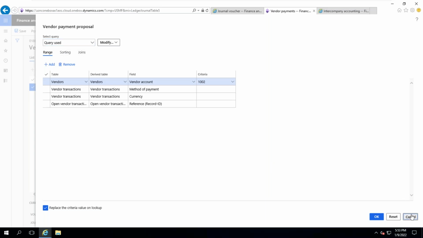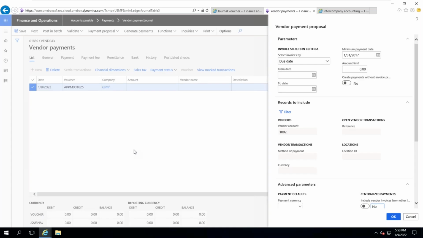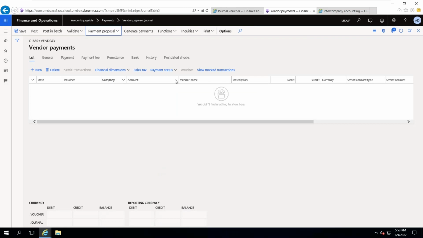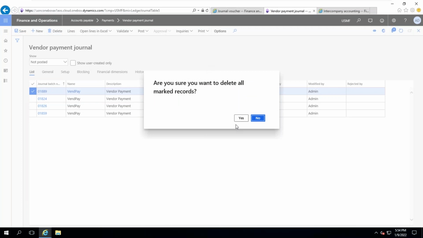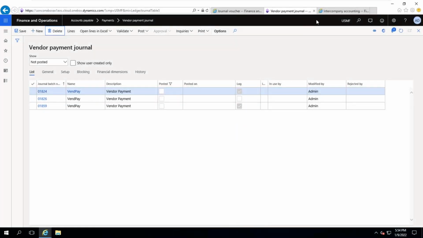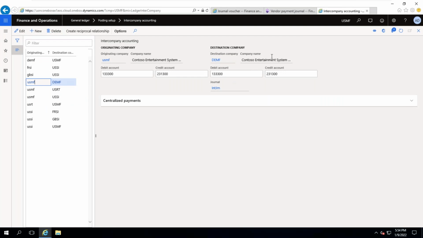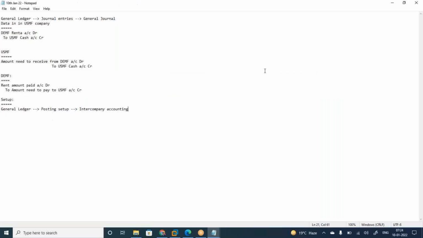In the same manner, for customers, usually customer receipts are done for a single company, because the customer will pay and you are receiving. But if it is a vendor payment, I can do the payment for multiple legal entities, being the center company, like head office. I can do payment whatever I want. Understood? So this is intercompany transactions. Any doubt in this?